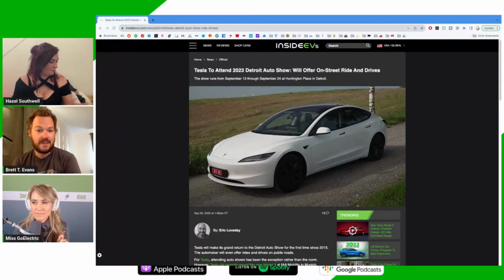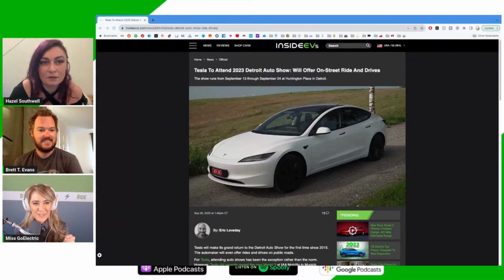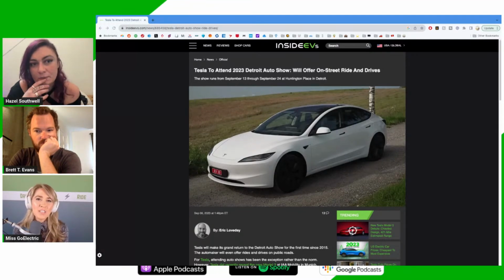I was just going to say, I hope that they also bring the updated Model 3. I hope that we get more US specific information. I hope they bring the Model 3 refresh, and I also hope they bring the Cybertruck. I know in the article on InsideEVs, Eric had said, hopefully this means they'll have a new vehicle to show off and they'll do rides on Cybertruck or something like that. I think that they'll probably just have the old lineup to drive, just because,